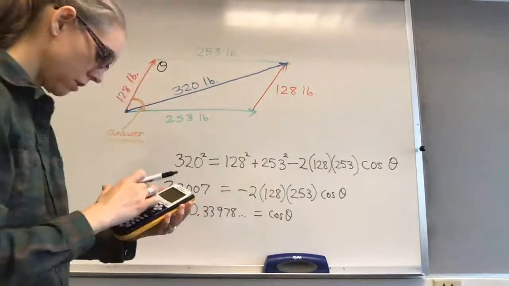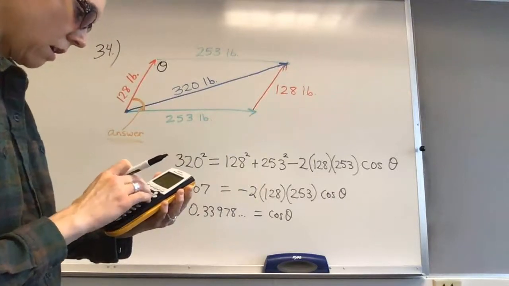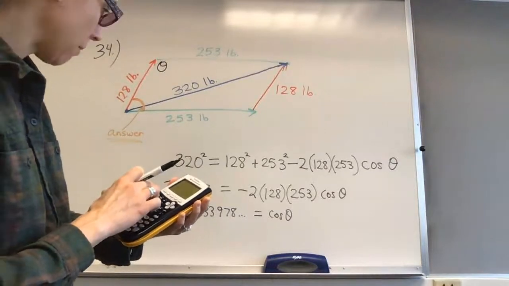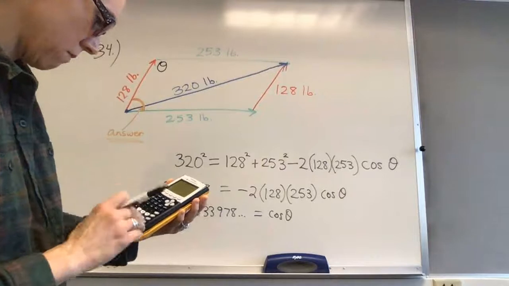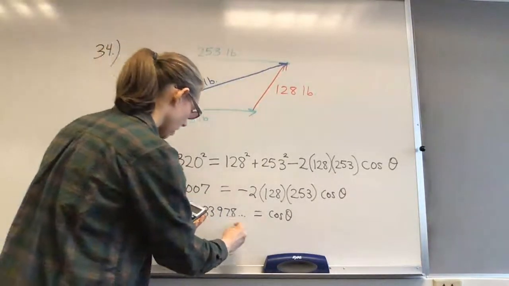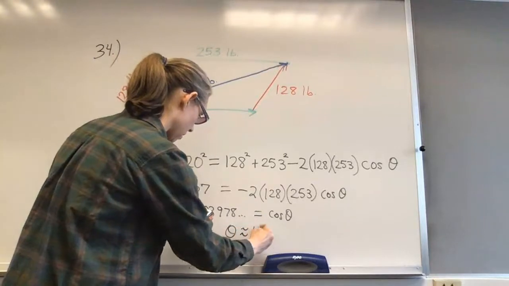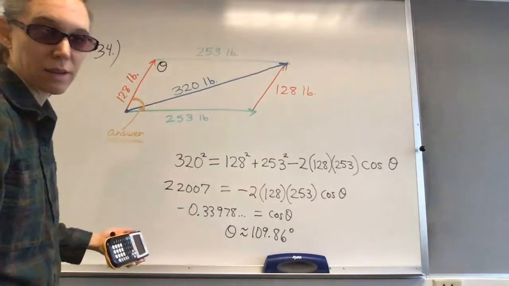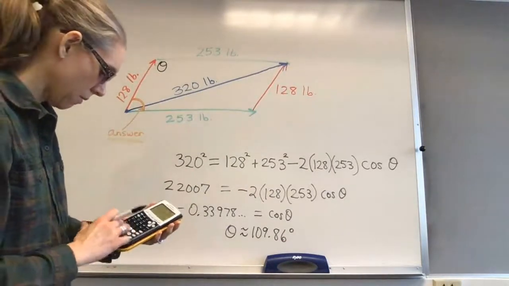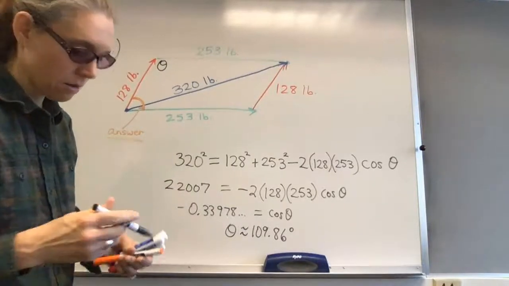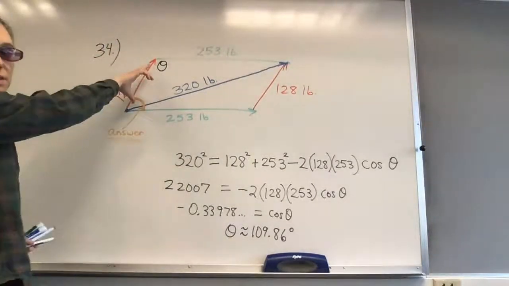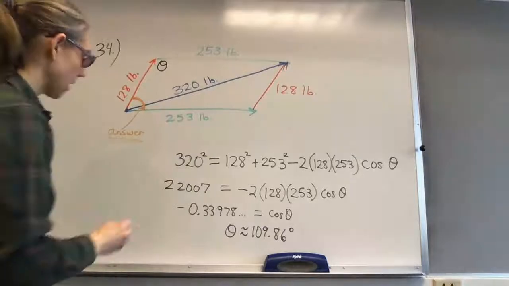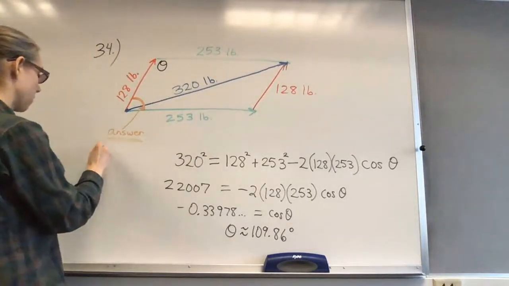So now I do inverse cosine. I need to make sure that I am not in radians. That would be bad. I need to be in degrees. So I am inverse cosining the answer. Theta then is approximately 109.86 degrees. If theta is 109.86 degrees, I can subtract theta from 180, and that would give me my answer, because these two consecutive angles of the parallelogram must be supplementary. And so when you subtract it, you get 70.14